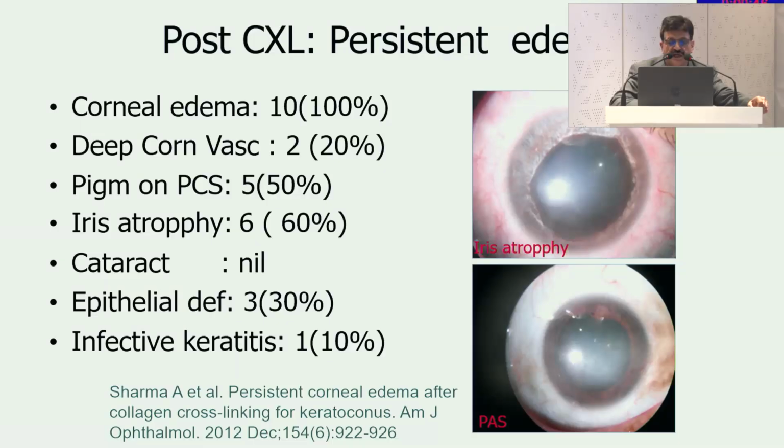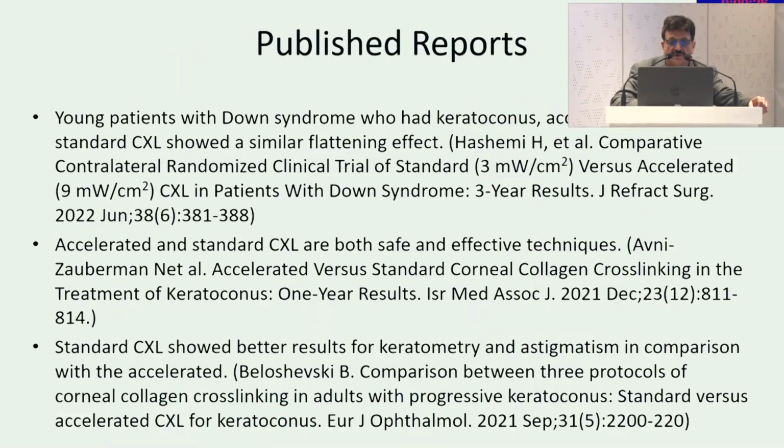In a few patients we had corneal haze, which was persistent more than normal, and some of the patients developed sterile infiltrates because of the bandage contact lens. I didn't encounter any cases of infective keratitis. All the children who had active allergic conjunctivitis, we treated it first. Only then did we subject them to collagen cross-linking.